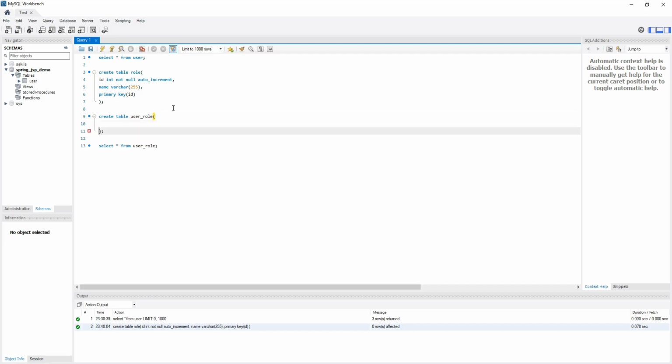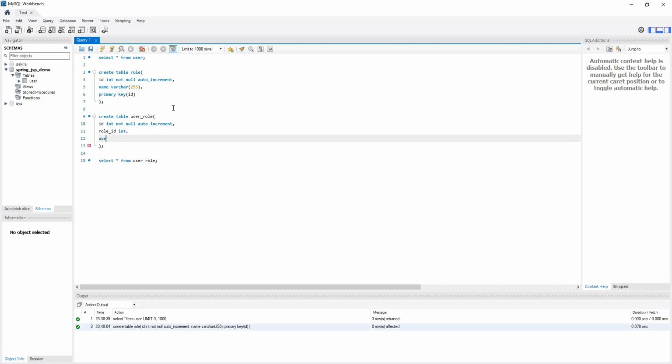Here we need a few additional columns. First, a very important column is going to be ID, int not null and auto increment. Now we are going to have role ID here. This is going to be a foreign key constraint for us, but I'm not going to specify it through a foreign key constraint. I just know that this is going to be that,